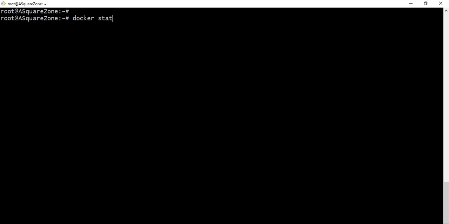As well as the docker stats command. So using this one we will get a live stream of containers, and it returns a live data stream for running containers. So here we don't have any running containers, so it's not giving, it's processing actually. We'll see here what is the output over there. So it's taking a bit of time to check the live data stream.